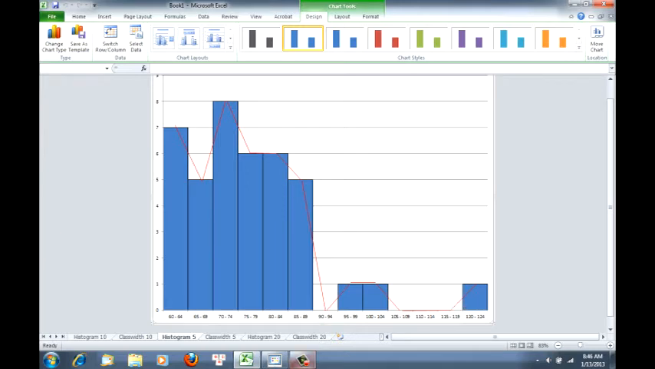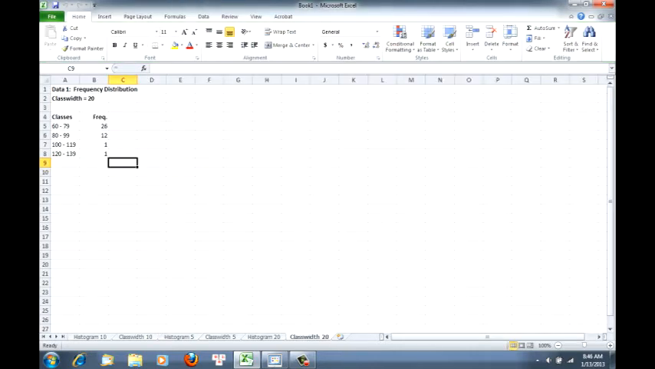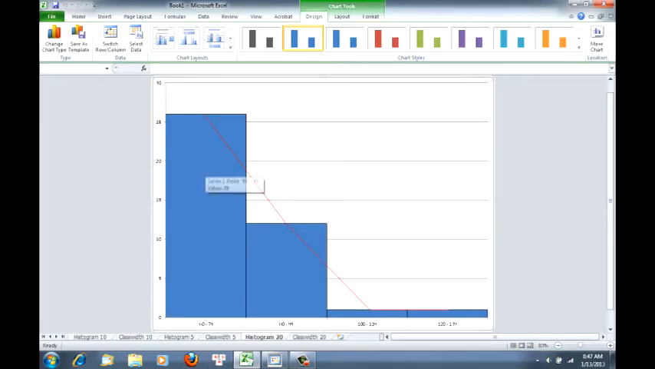Now what happens if we reconstruct our distribution using class width 20? We have even fewer classes, only about 4 classes this time. If you observe the histogram here, the number of rectangular bars is small, and we're losing lots of accuracy this time. And so what you can see here is that, as a general rule,